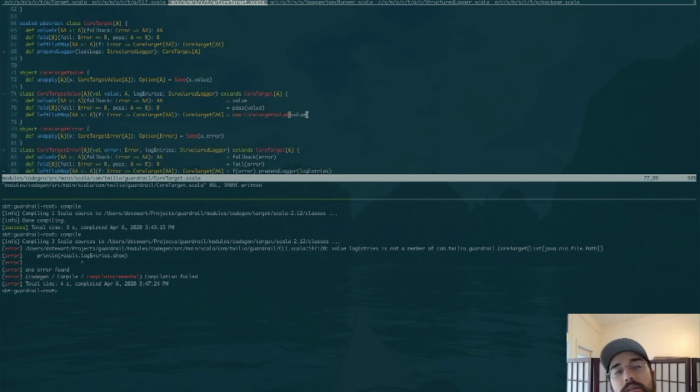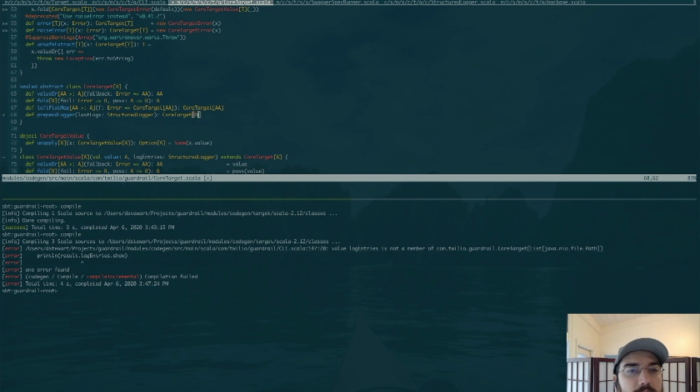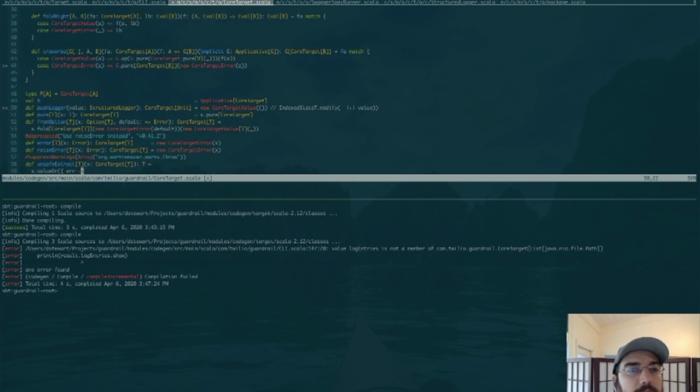CoreTarget value. This is left flat map on CoreTarget value, which is going to be the same thing. Log entries. Value or these don't return CoreTarget, this prepend target, blah, blah, blah. These, okay, good. So raise error is going to be